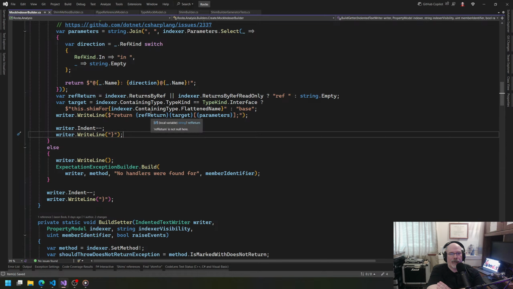Now for a lot of the tests that I already have, this is going to fall through because there are no generics, so everything's just going to work. If I come back here though, not the method builder here, we don't care about that. Shim builder. So here we get the name of our shim. We're going to put that here. Except